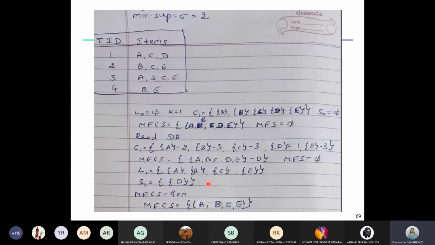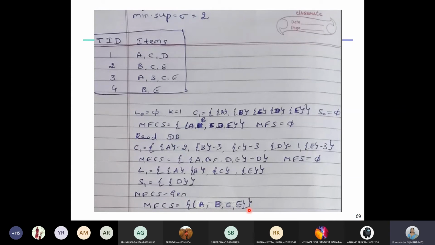Why is it not a subset of MFCS? Because MFCS has become empty in our previous step. So if it is not, then what are we doing? We are saying MFCS equals MFCS union M minus e. So MFCS was empty, union M minus e. M minus e is A, B, C, E. That's how I'm getting this MFCS as A, B, C, E here.